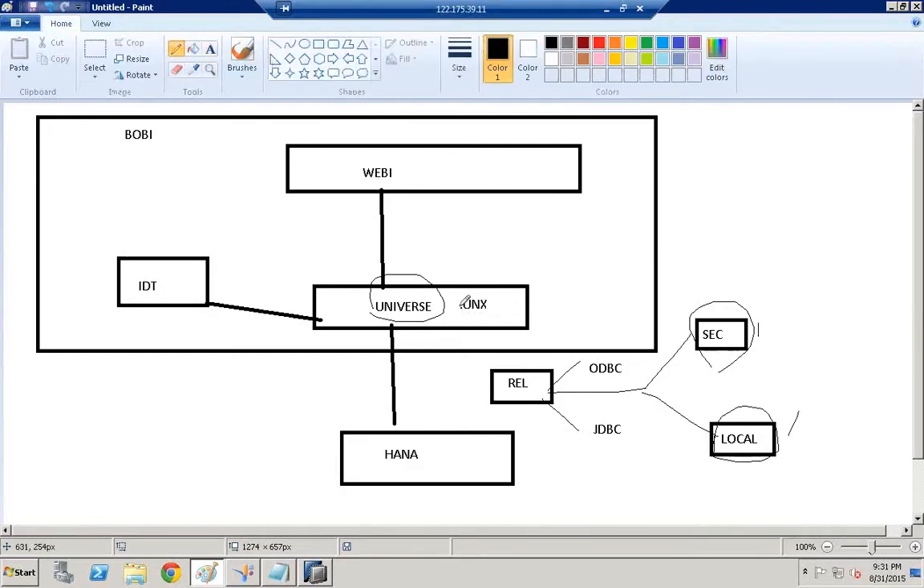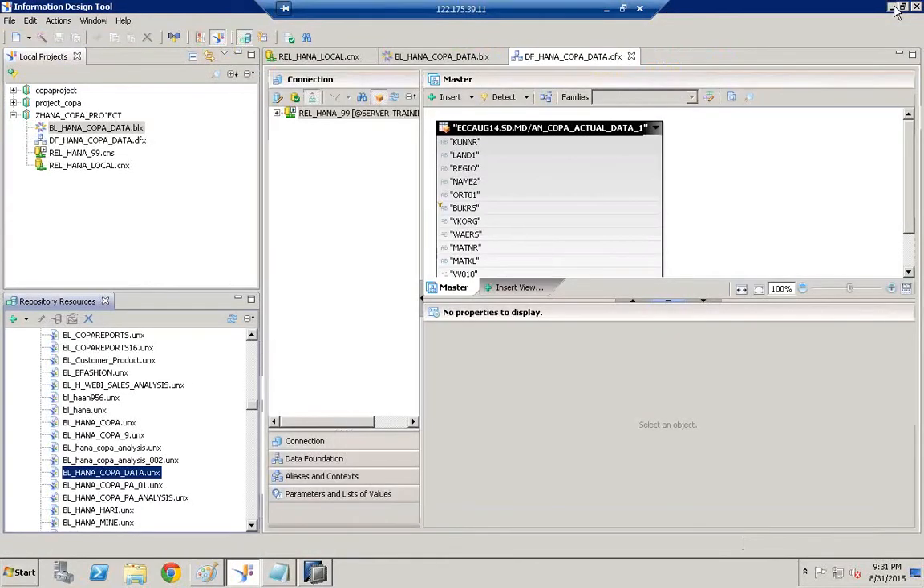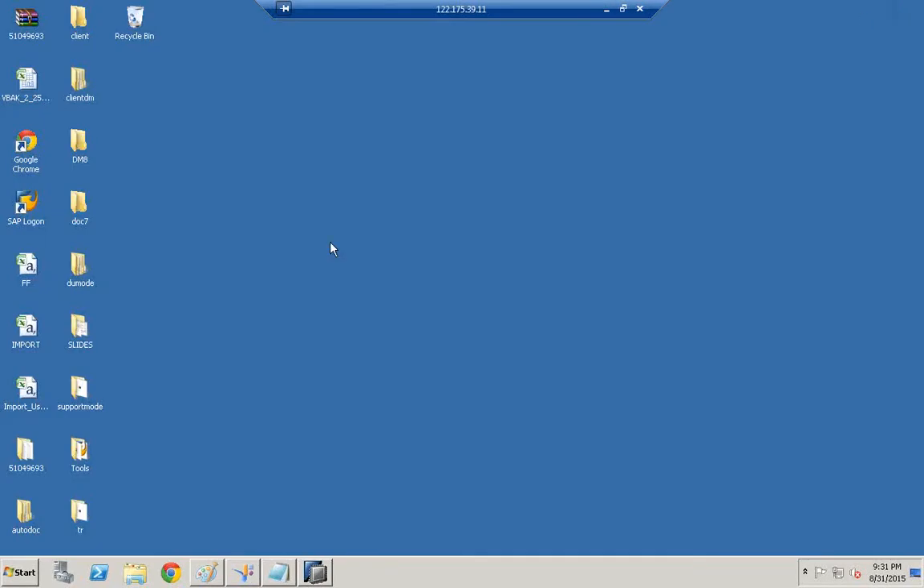Now the universe that is just created will access the Webi reports using this universe. So in order to access this universe, let me start creating Web Intelligence reports. So in order to launch Web Intelligence,